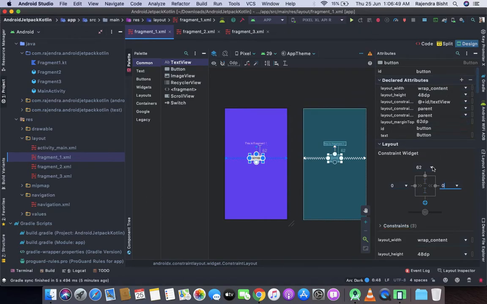Let's set the button ID. Let's say fragment one button. Similarly, we will add the fragment 2 and fragment 3 buttons.